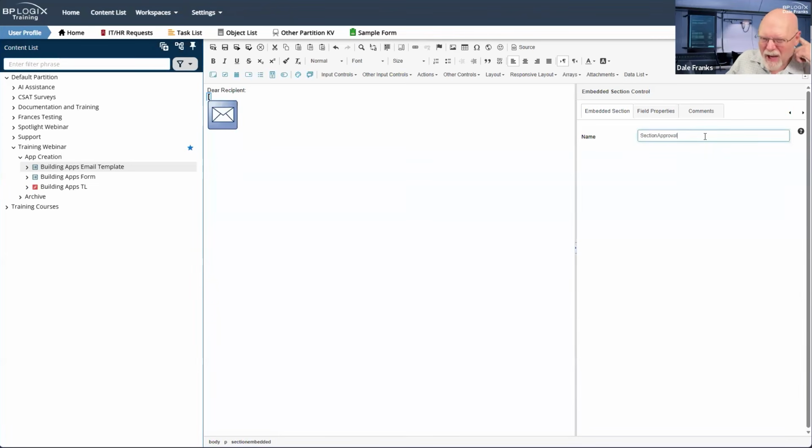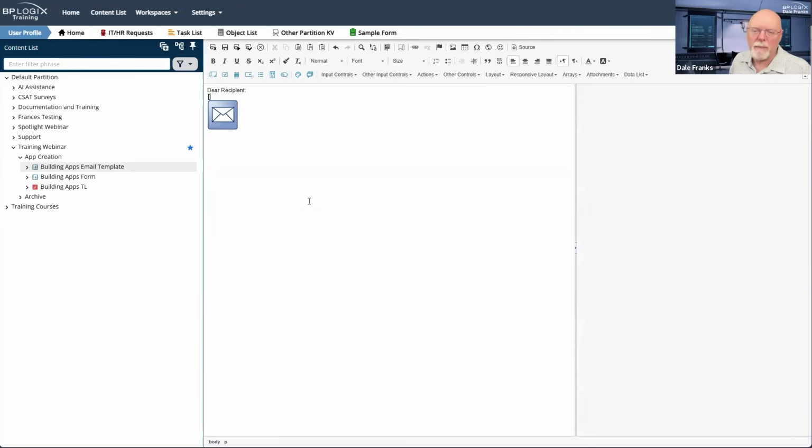It sticks them all together on the Form Controls tab and just makes them a little bit easier to deal with. We're only going to have three section controls. We're not going to really have any other controls on an email template, so it is less necessary. So it would be fine to call this approval section on an email template, but that's just not the usual naming convention that I use. So, it's up to you. You can use either or.